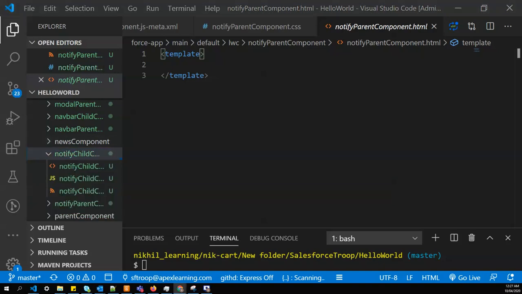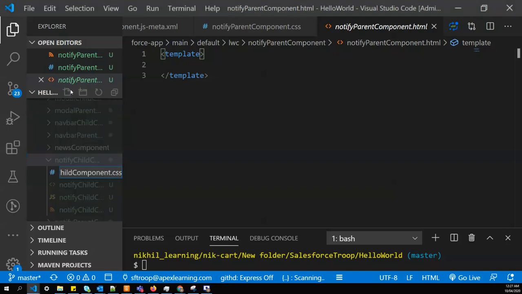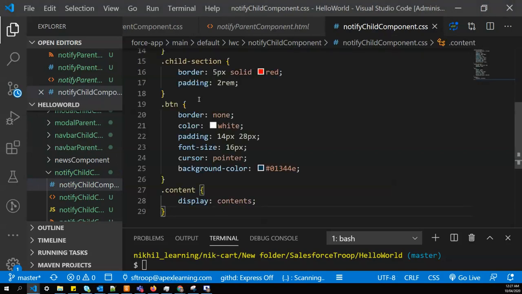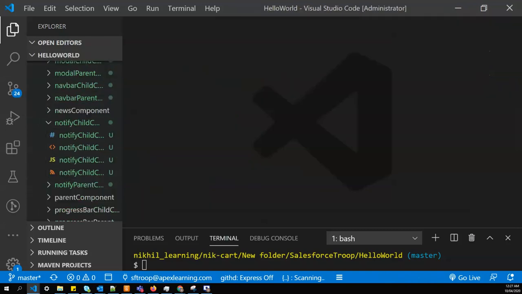And in child component also we'll add some CSS. You'll get all these CSS in my video description. I already told you guys. So let's start building this. We'll start this time from the child component.